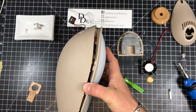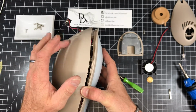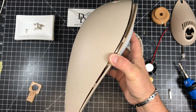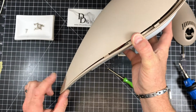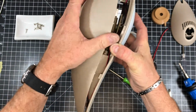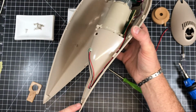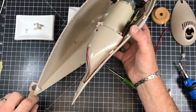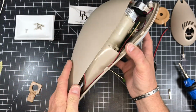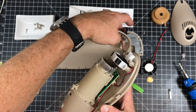And the next trick is to push up on this section here, because there's a clip over here that you want to slide it up and over. So I'm just pushing this piece towards me, and if you can see, there's a hook right here. You want to unhook the top from that area. And now, great, we have the back off,